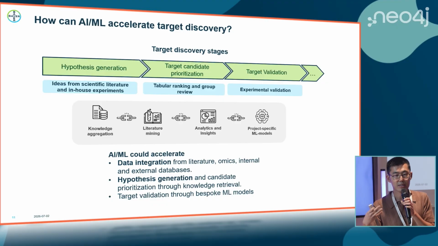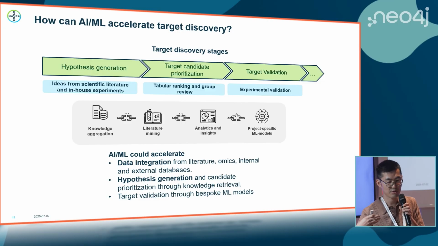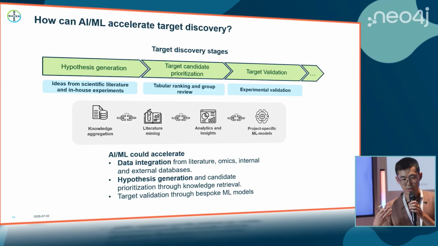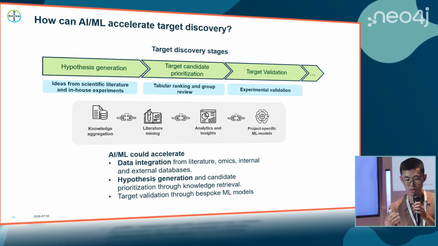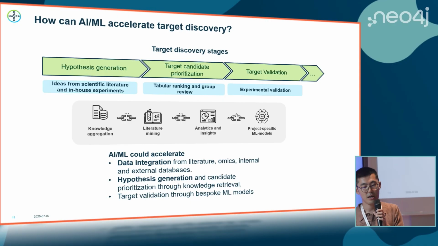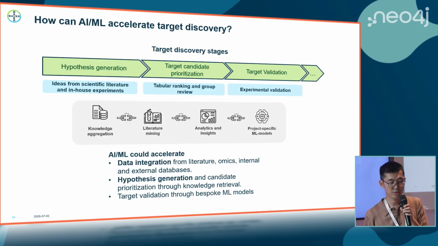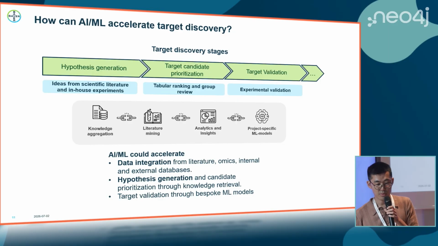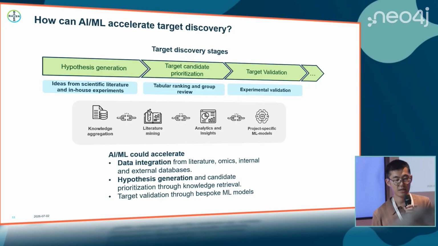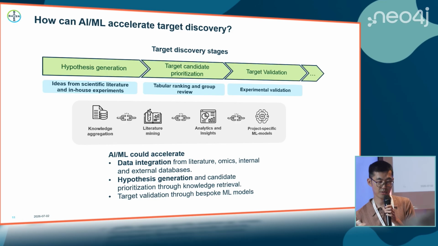So just reflecting on what stages of target discovery can be, or are amenable to a certain extent, to automation, we think that first of all, knowledge aggregation, where you want to integrate data from literature, omics studies, and internal and external databases, is something that can be achieved. Also literature mining or data mining in general, analytics and insights, and maybe to a lesser extent within target validation,